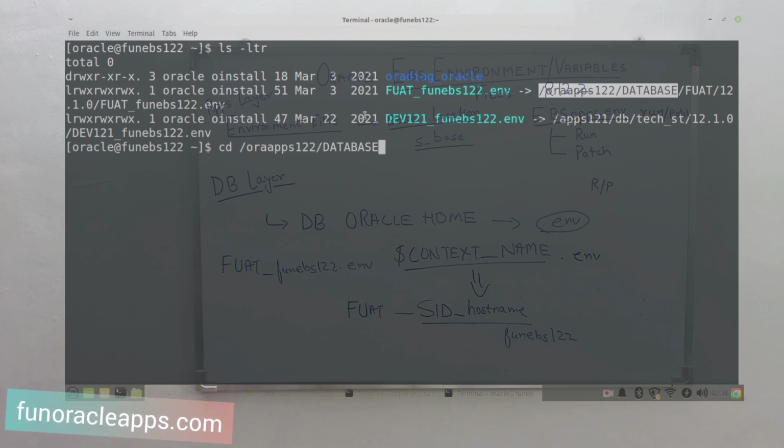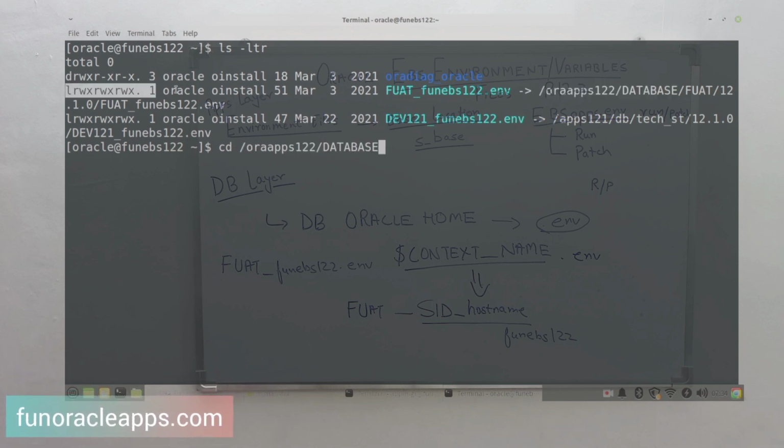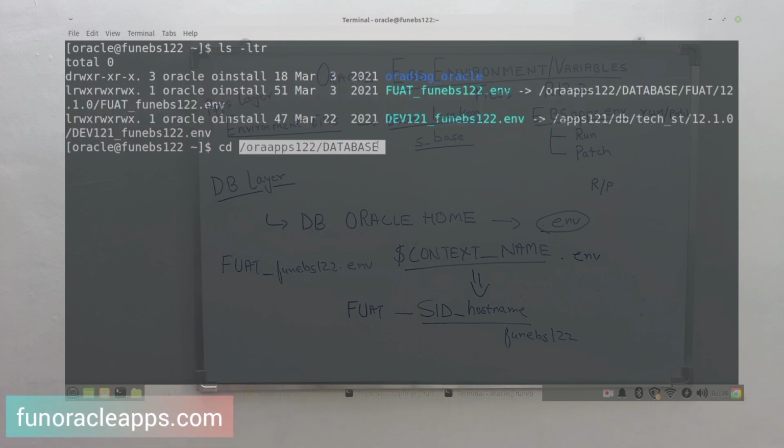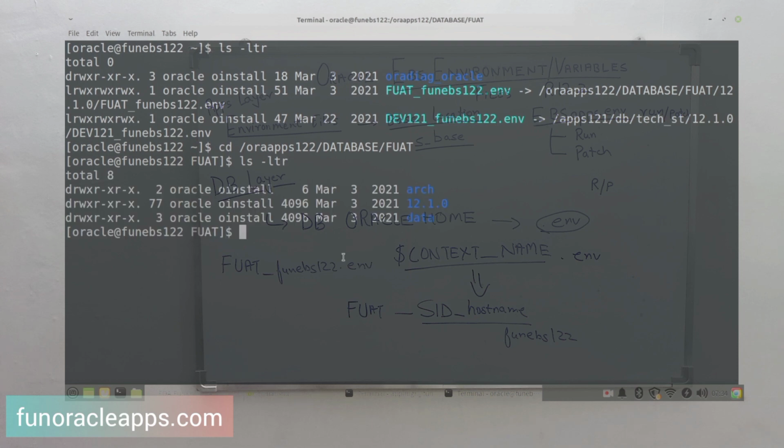My database is installed in this location, so I will go here. Don't get confused by the files I have placed in the home directory. These are just soft links that I have created so that I don't have to go to this location again and again. Okay, so FUAT.